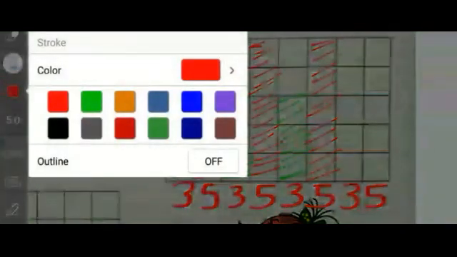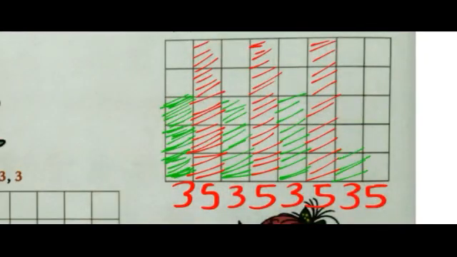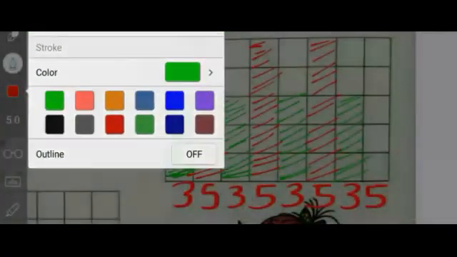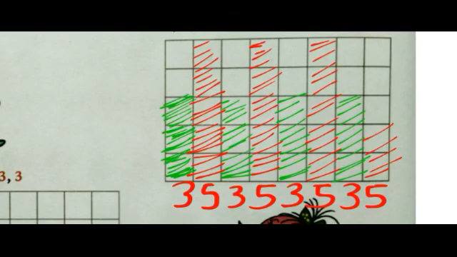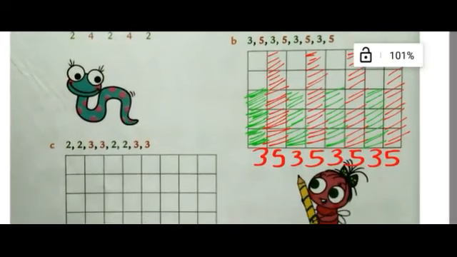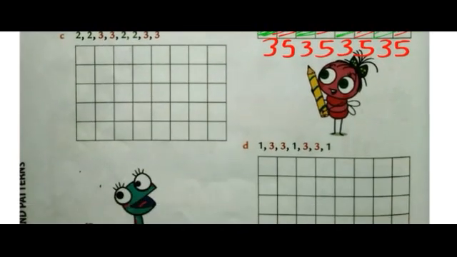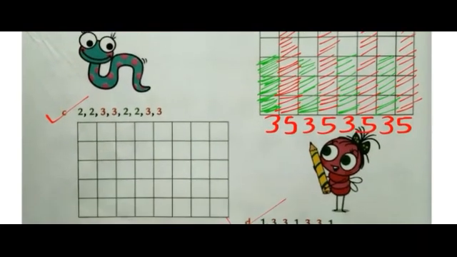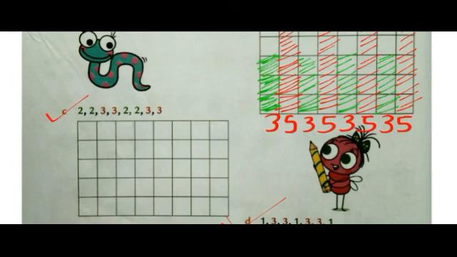Again 3 boxes with green color. And again 5 boxes with red color. This is the pattern that is going on here. See? This is the way how you have to complete this question. So I would like you all to try these remaining 2 as homework. You have to just read out the numbers and see the color that is given here and you will get a pattern.